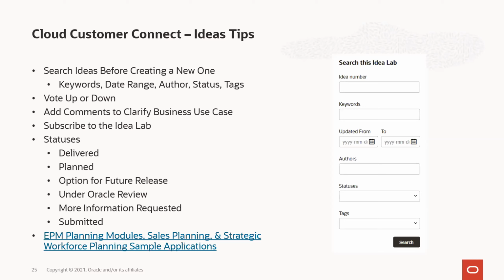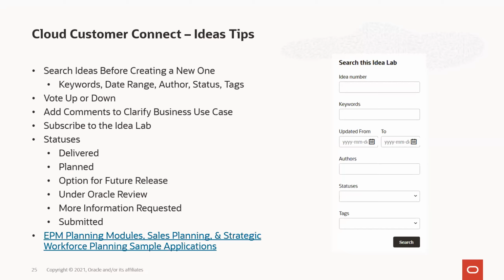So if you struggle with what's going on the roadmap, this is your opportunity. This is the full transparency, because we have these different statuses that we change these to, whether they've already been delivered, if they're planned. But planned or just the planned ones are committed. They're coming out in the relatively near future. There's some that we like, but we want to sort of parking lot them. So we'll put those into the option for future release. Under Oracle review means, all right, I'm looking at it, I'm thinking about it. Maybe I'm trying to figure out what the requirements really are and how I can fit this in the roadmap, that type of stuff.